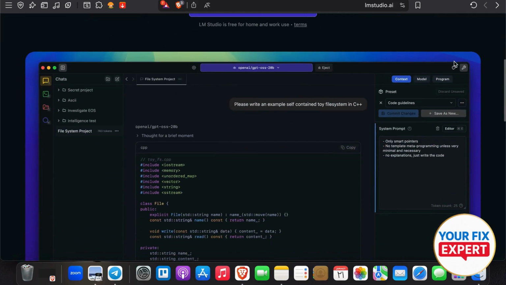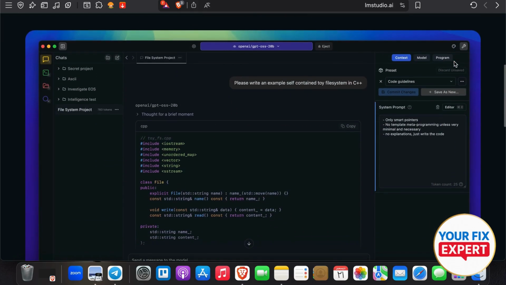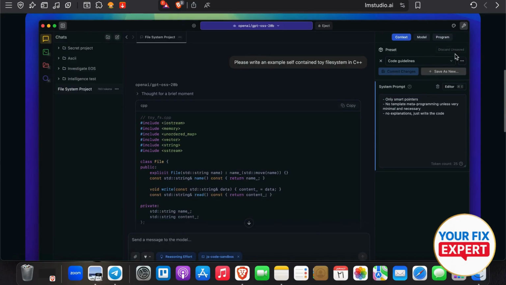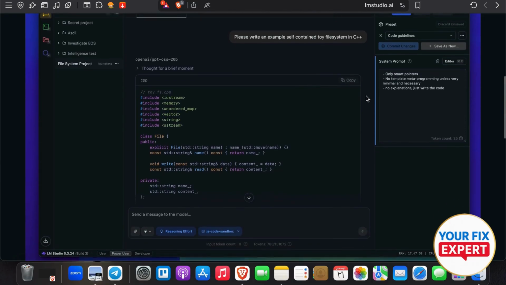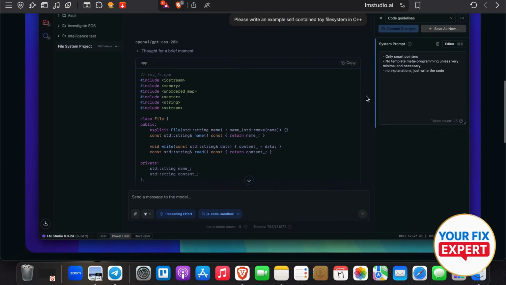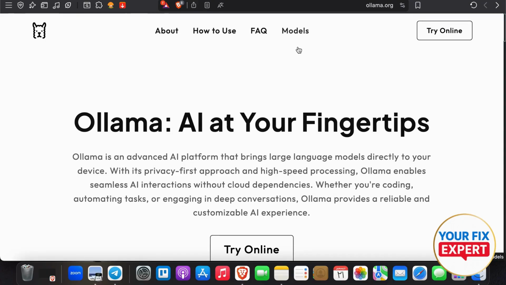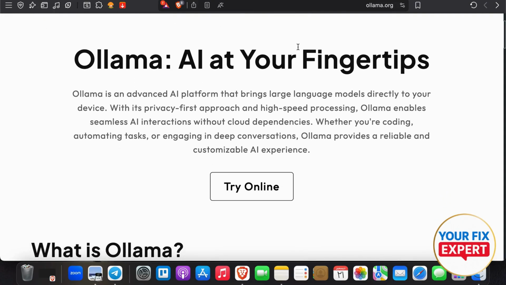So you don't necessarily have to choose just one. Many users run both. Use LMStudio for friendly experimentation and exploration, and turn to Ollama when you are ready to build and automate, and of